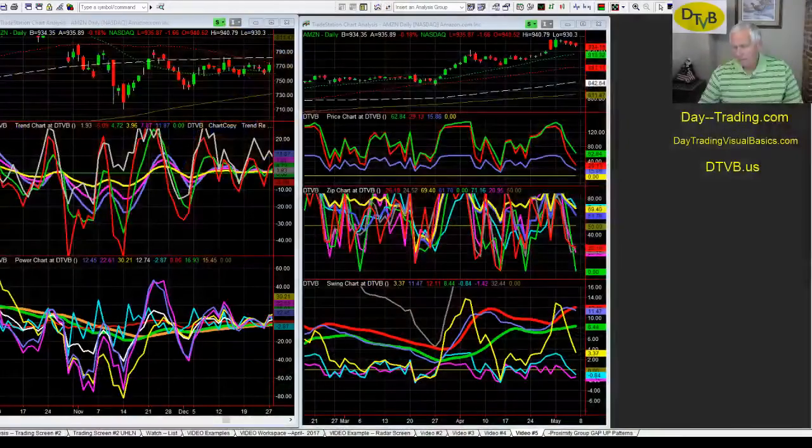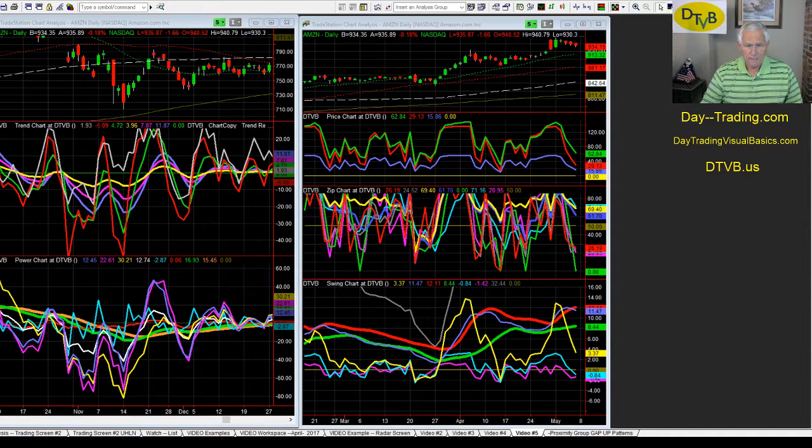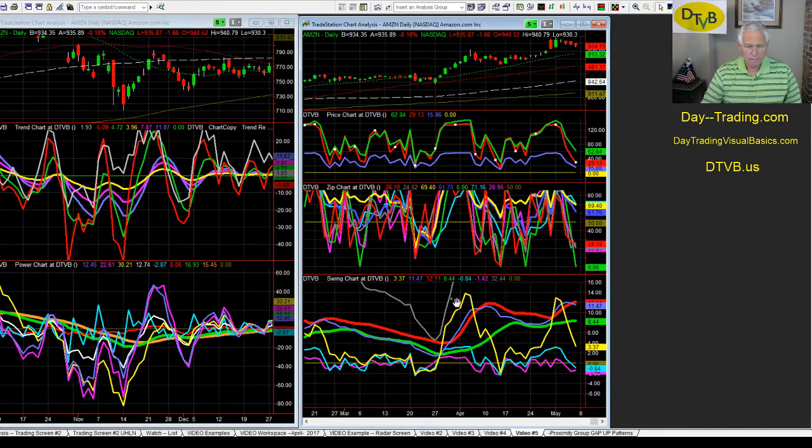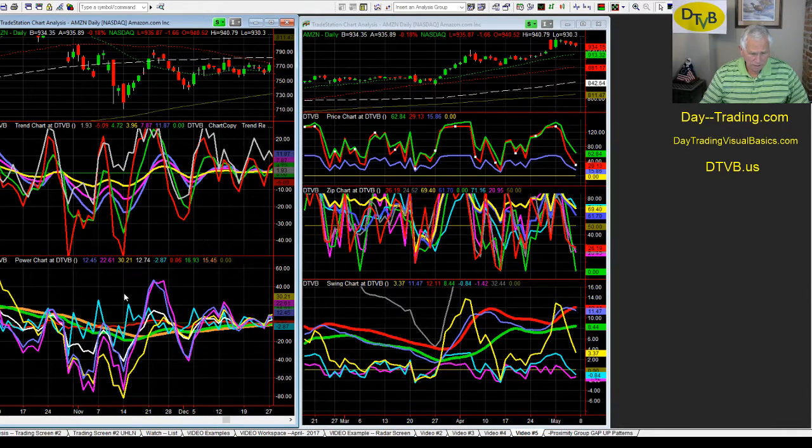In this example, I have the two basic charts that I normally have. They're both daily charts, and I have the price, the zip, and the swing chart. On the left side, I have the power chart and the trend chart. I'm in Amazon right now, and Amazon has been doing well. It's absolutely amazing. The point that I'm going to be looking at is right here, and this point,